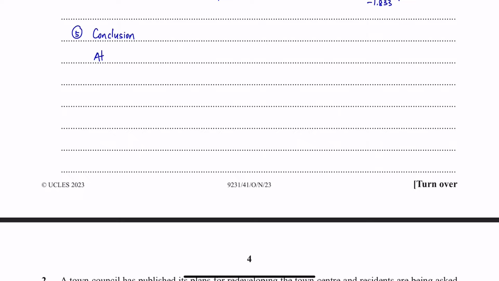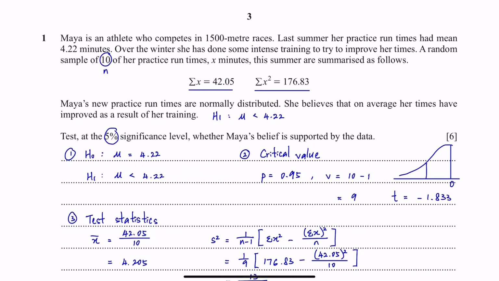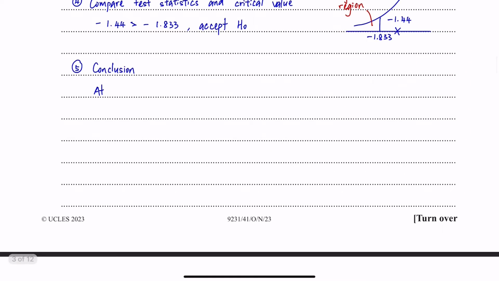Okay, our conclusion has to be related to the question and not just a general one. So we can first mention the significance level, and we mention if there's sufficient or insufficient evidence to conclude her belief that on average her times have improved. Okay, so we can write that at 5%